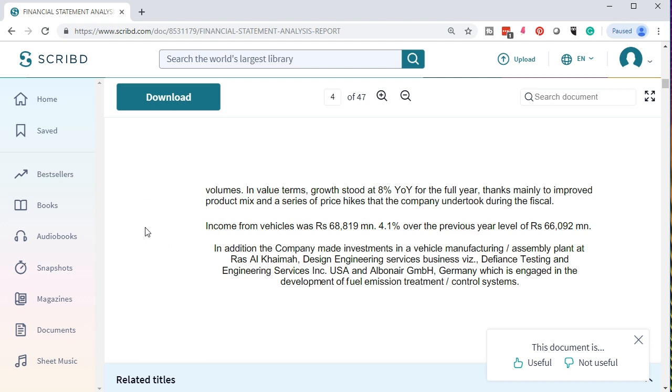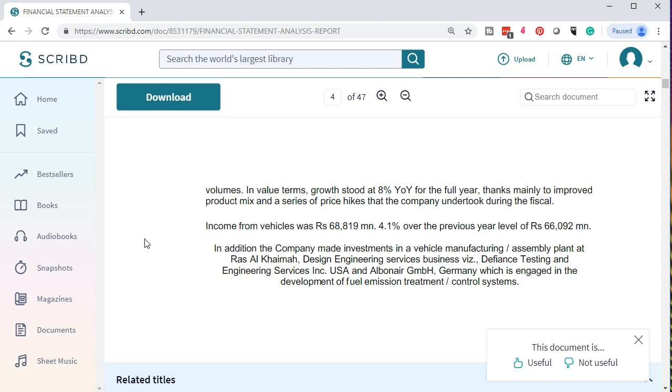And that's really going to be the part that you want to kind of take from a report such as this. It's not enough to just say, hey, here's the percentage, the numerator went up, the denominator went down. We want to be able to interpret it in actions, what actually happened. And that's the skill that needs to basically be developed as we dig into the numbers and then see what's actually happening. Income for vehicles was Rs